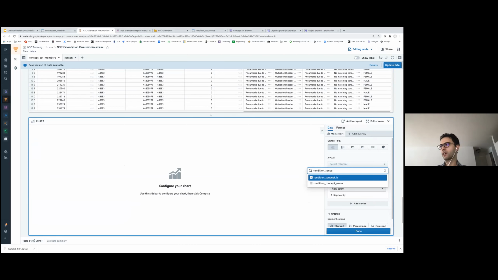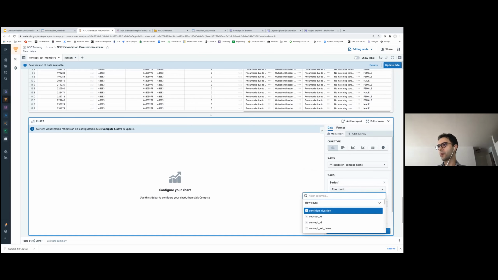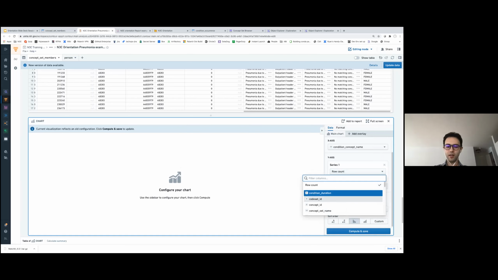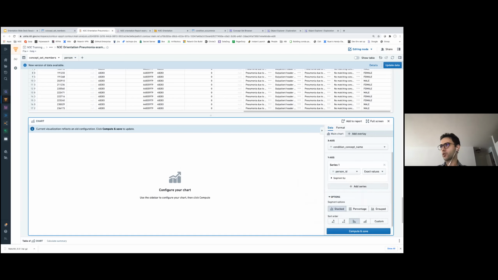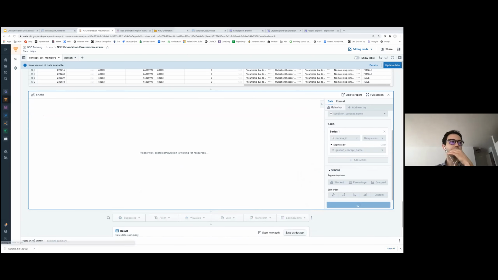So I'm going to pick the condition name in y-axis, and I'm going to show the unique count of person IDs, but we're going to segment it by gender. And let's hit compute and save.